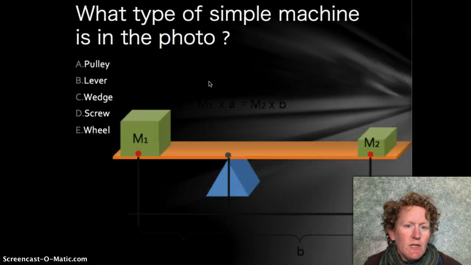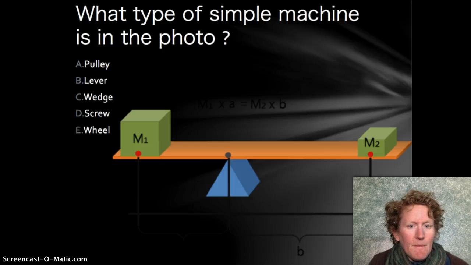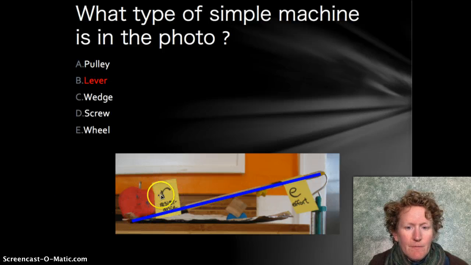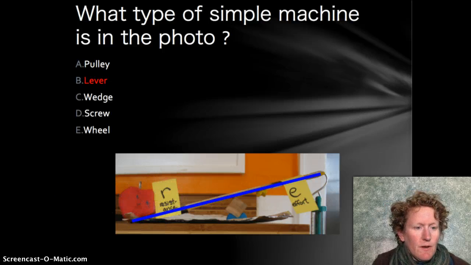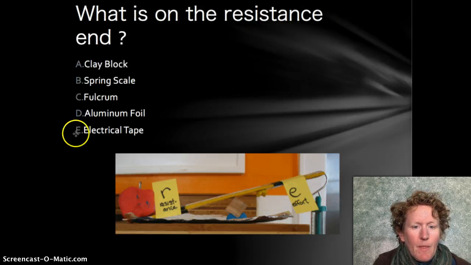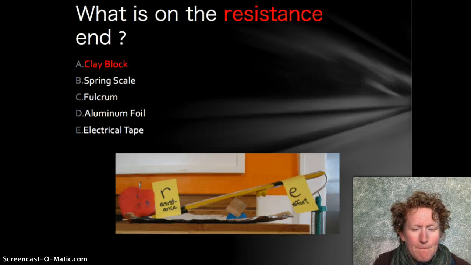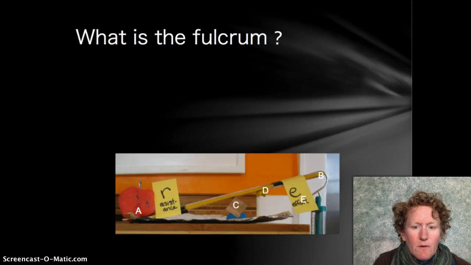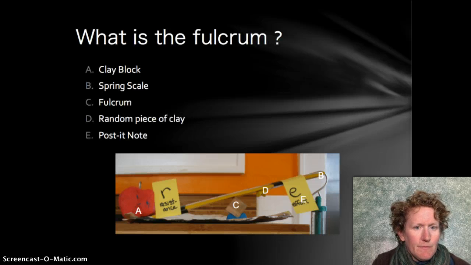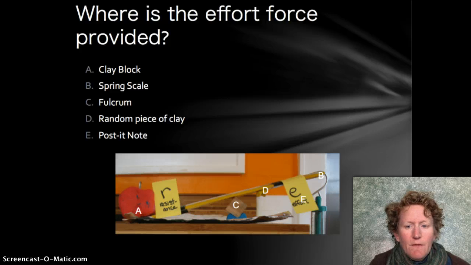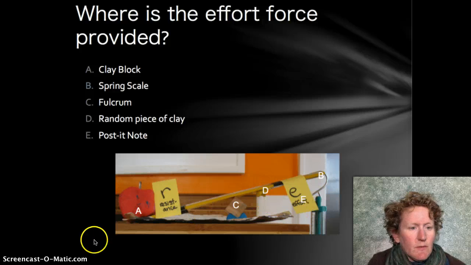The type of simple machine shown in this photo is, of course, a lever. And here's a photo here as well. The resistance end here is the end that you're lifting something on. The fulcrum is the thing in the middle that you're trying to balance something on. The effort force is the end you pull down on with the spring scale. The spring scale looked a little bit different